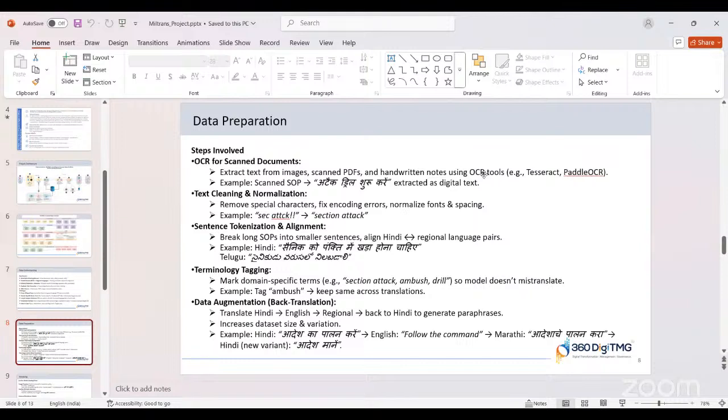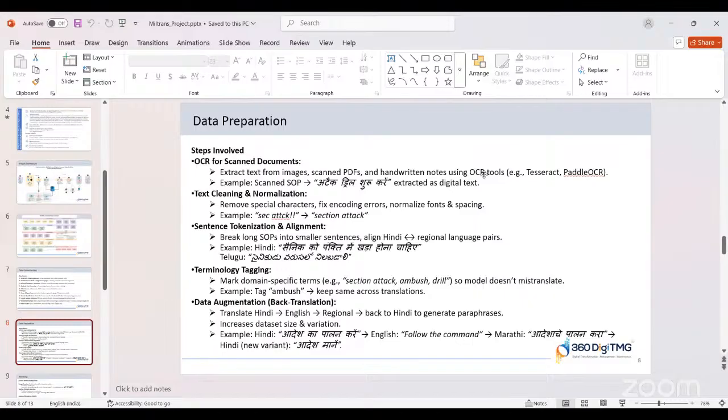Text cleaning, normalization. There are some duplicates also. We remove duplicate content and special characters as part of pre-processing. Obviously the model will not understand the text directly, right? It's converted into tokens. This tokenization happens internally, and we have different tokenization methods: sentence, word, character.